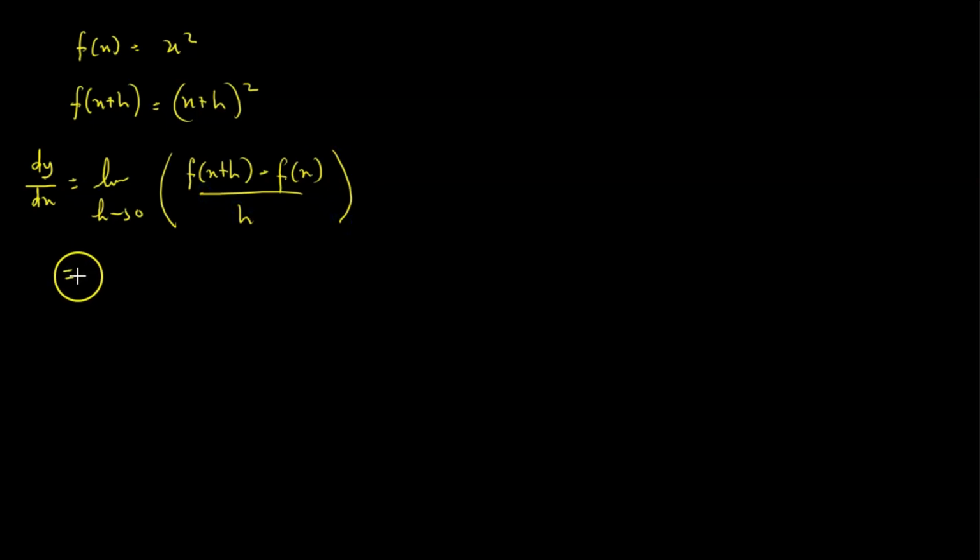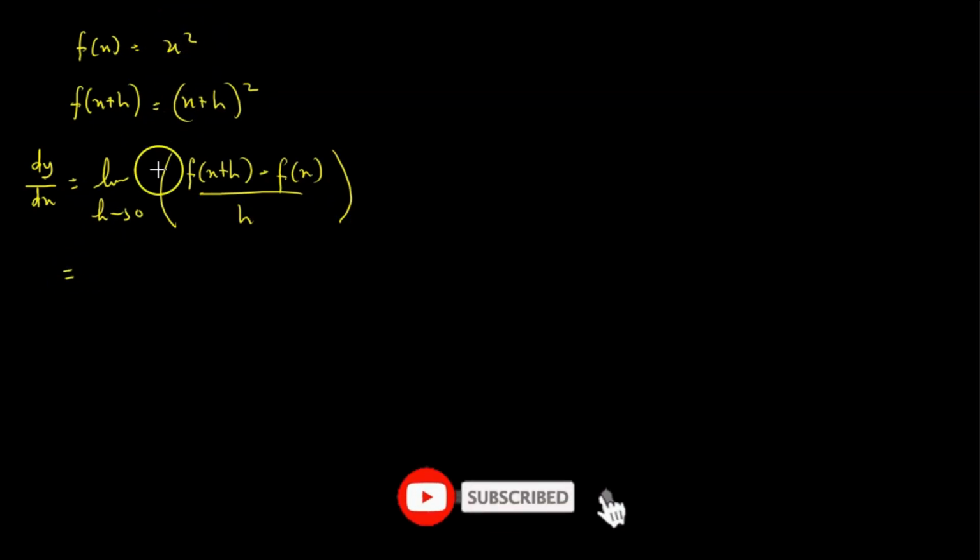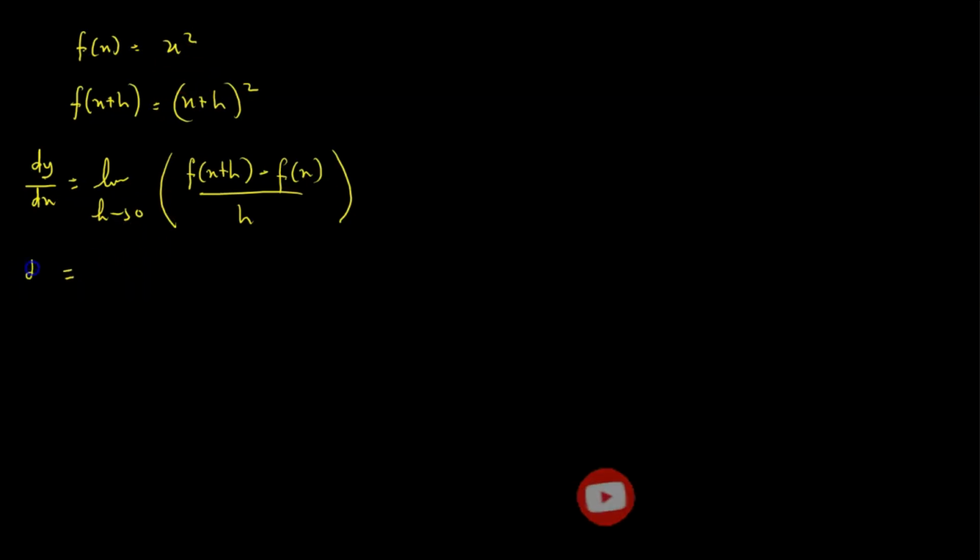Then in this case, per our expression written here, we can write our substitution to obtain dy dx, which is the gradient of the function, to be limit as h approaches 0 for f of x plus h has been given as